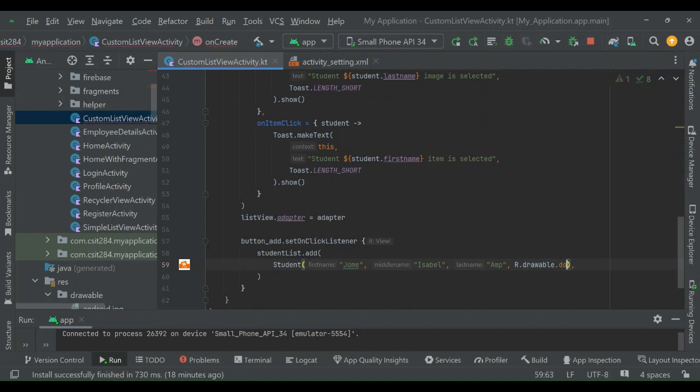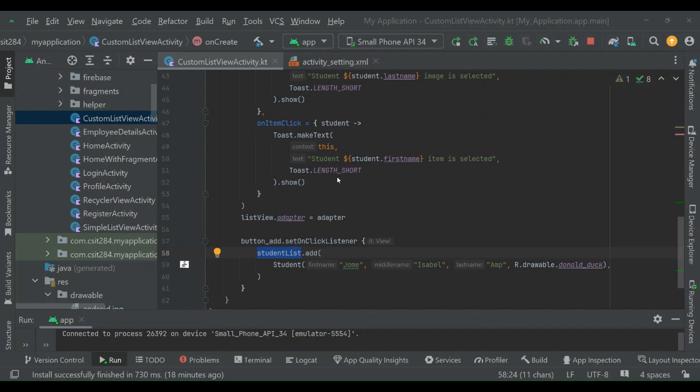Yes, there is Donald Duck. We want to insert it at the last part of our list. Now we have added an item to the list.